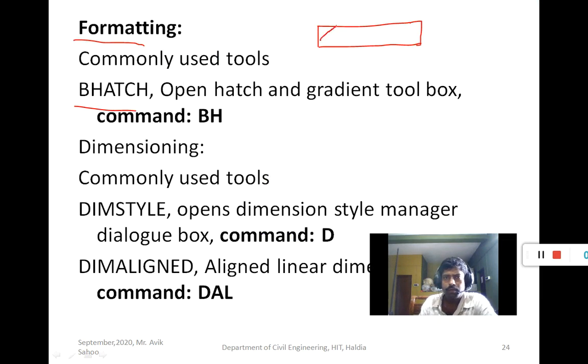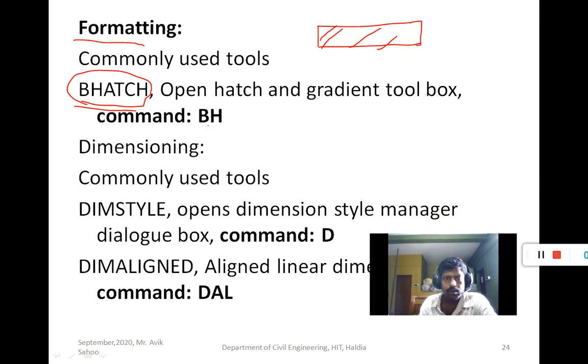So use the hatch command to show the masonry construction, because you know this is the symbol of masonry work. How do you get the symbol? Using that B hatch command.